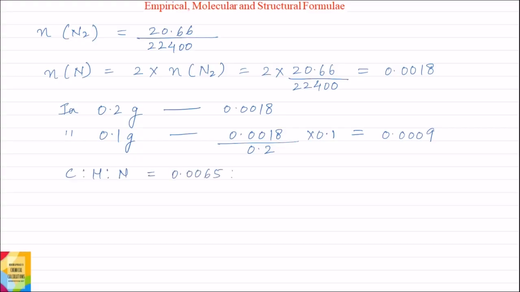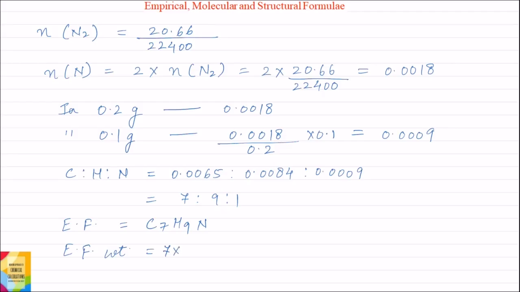0.0065 is to 0.0084 is to 0.0009, and dividing all this by 0.0009 we get the simplest ratio, that is 7 is to 9 is to 1. So the empirical formula of the base is C7H9N, and the empirical formula weight of the base will be equal to 7 into atomic weight of carbon, that